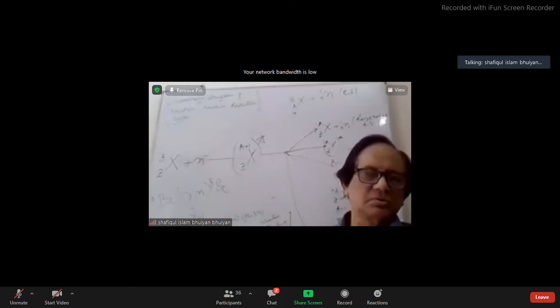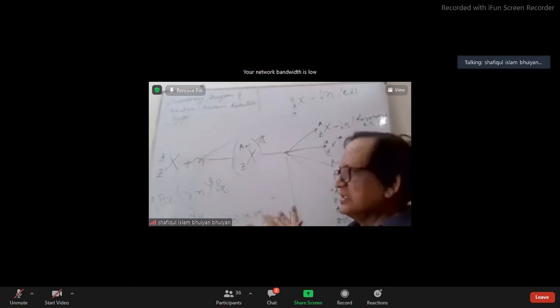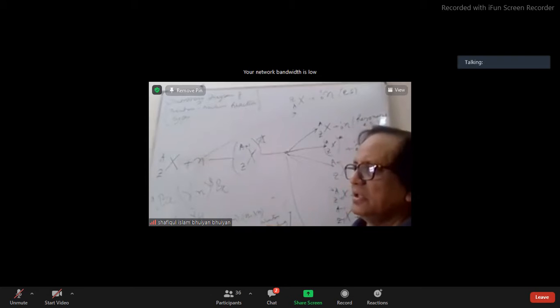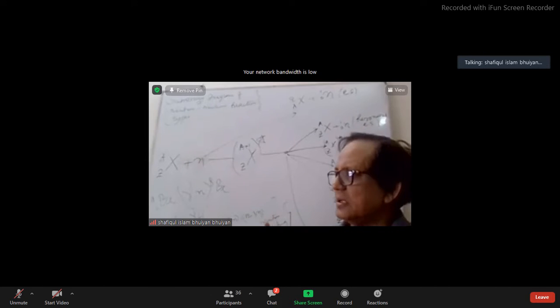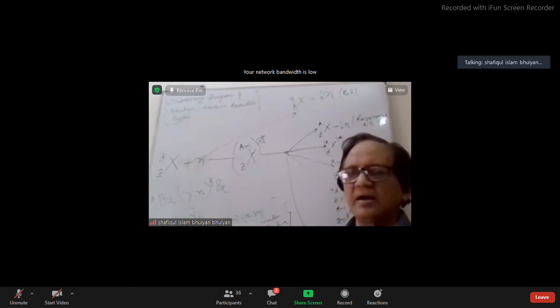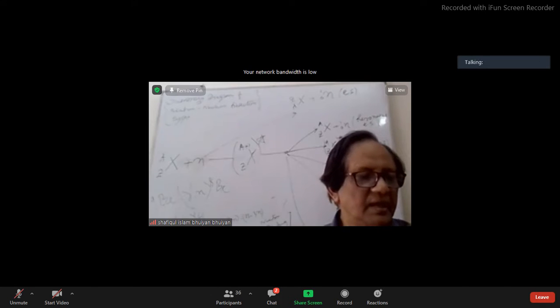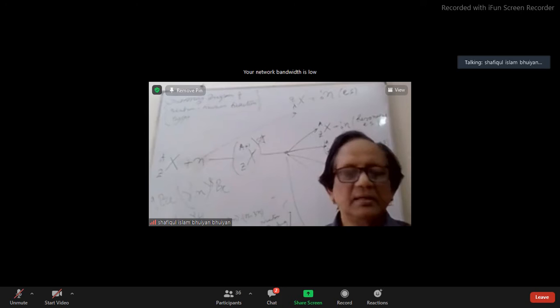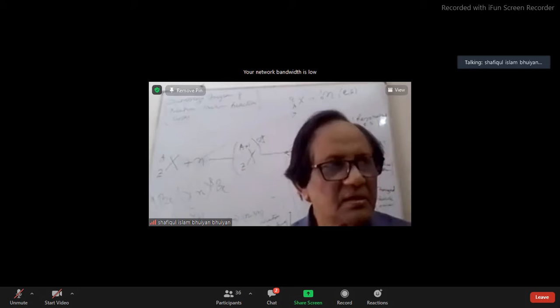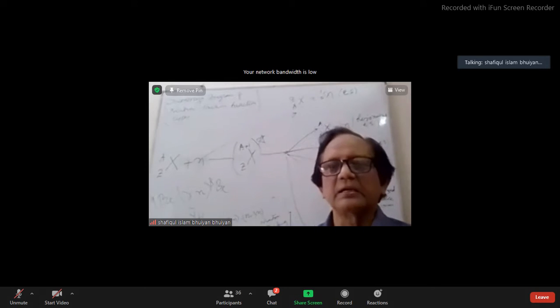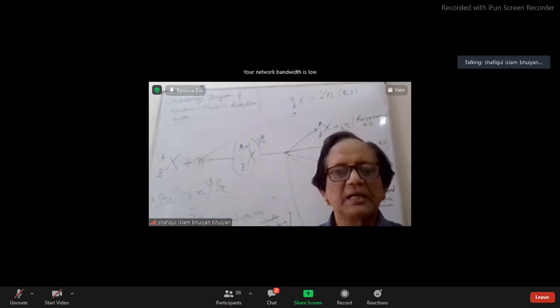Well, anyway, we next move on. As I said, to relate these reactions with the reactor components, with the materials, whatever they are in the reactor, we shall have to have some parametric studies. The most important parameter is cross section, and we will talk about it. Actually, there is a misconception in this country. The cross section subject is called nuclear data. This itself is a subject, and this is the basic